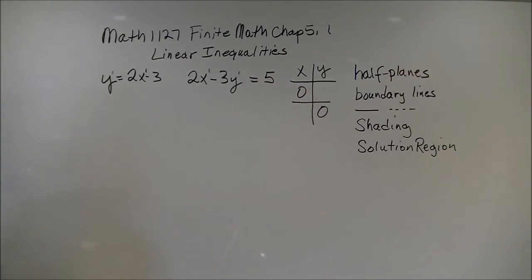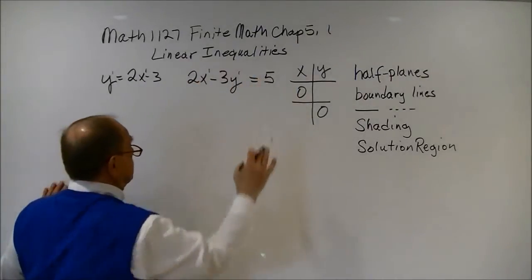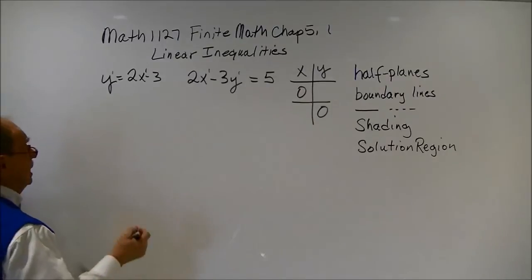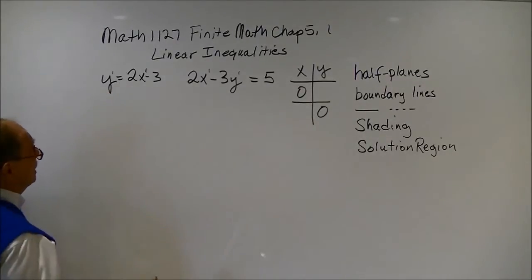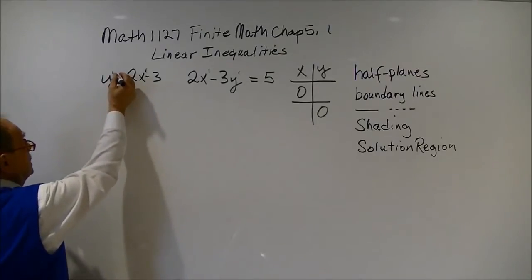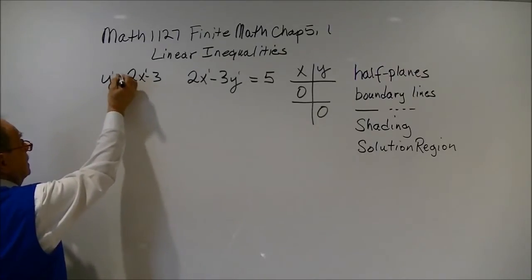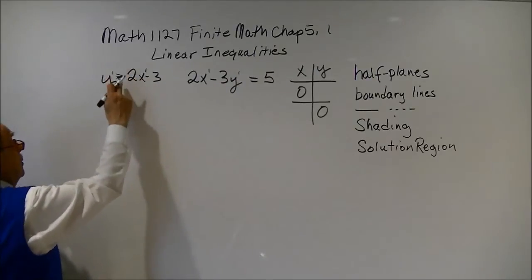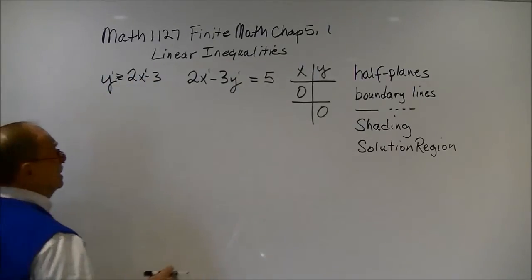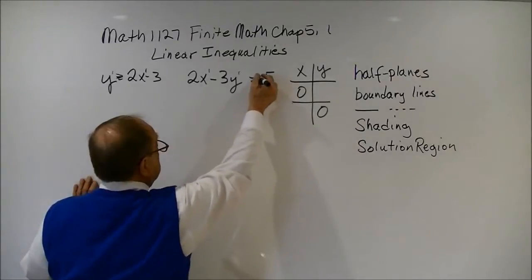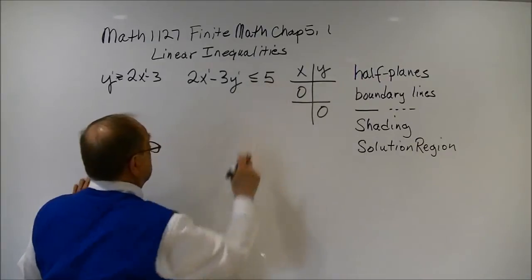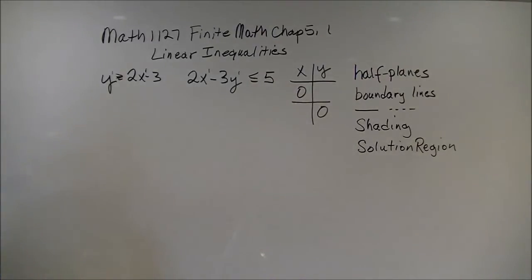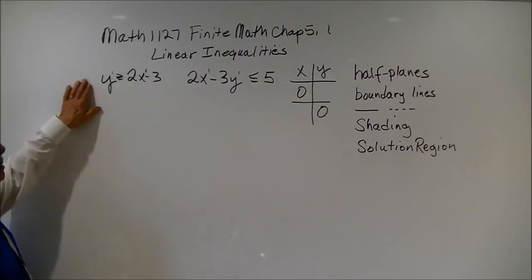So to make these equations into inequalities, what we need to do is to change the signs from an equal sign to an inequality sign. So we can do that just by making this greater or equal to this, and we can make this one less than or equal to that. So we've changed them from